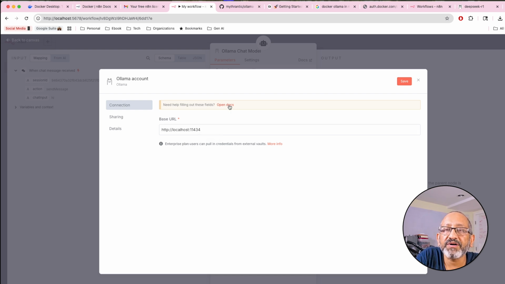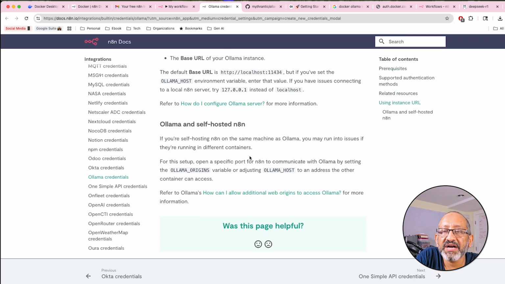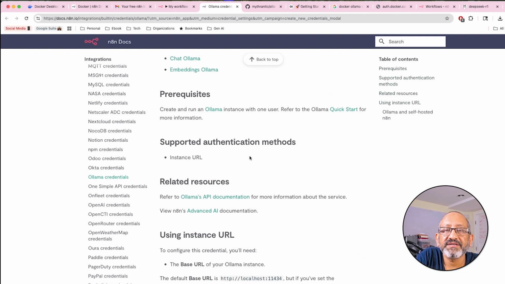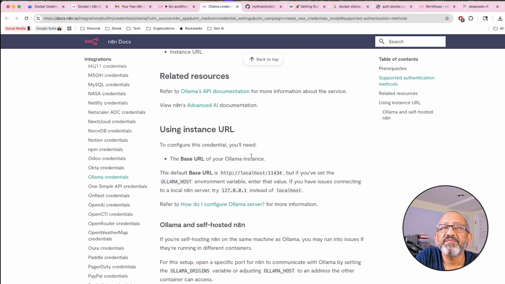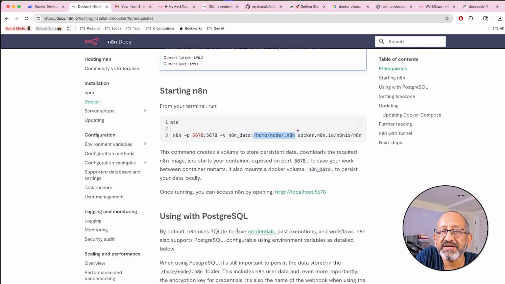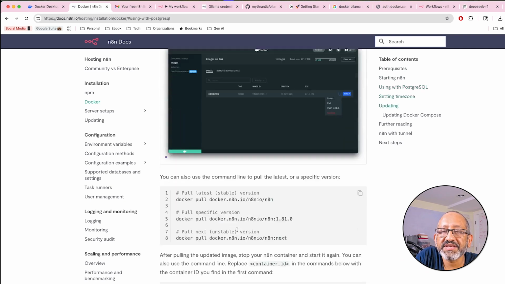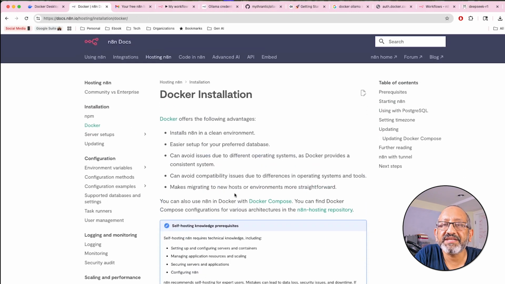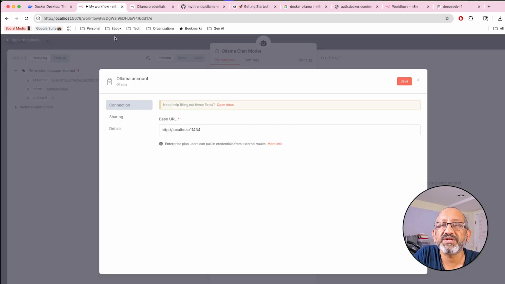I can click on Open Docs and I can find out if I'm running Ollama in my container. Okay, Ollama in the container. It's not in the local host. Again, this is what it says, but I'm going to show you running Ollama, hold on one second, in the container. I would have to set the variable, hold on one second, N8N, no, this is the wrong one. Let me just close some of the windows. I'm going to close this one, we're done with that. Instead of localhost, I have to write,